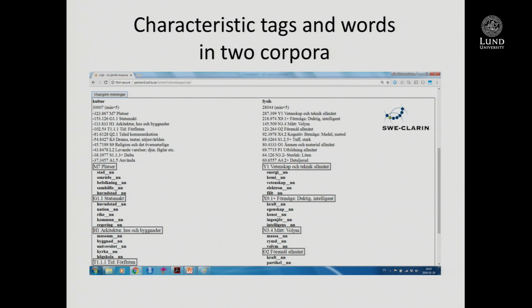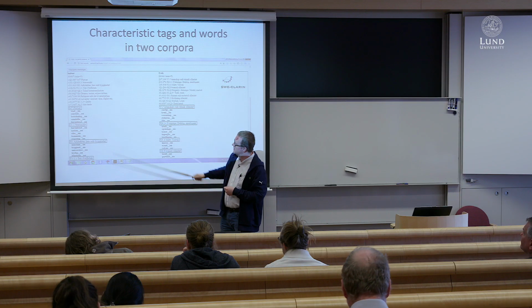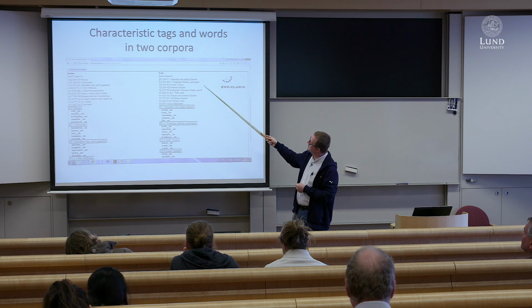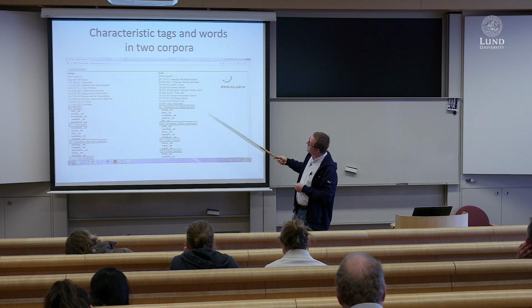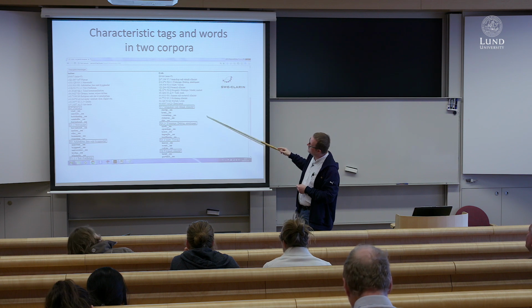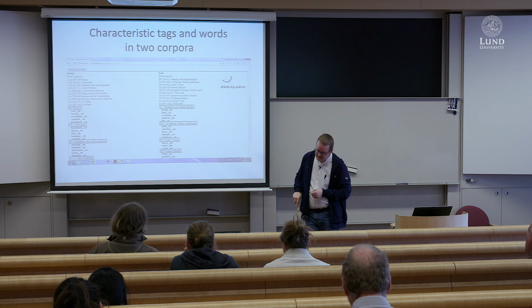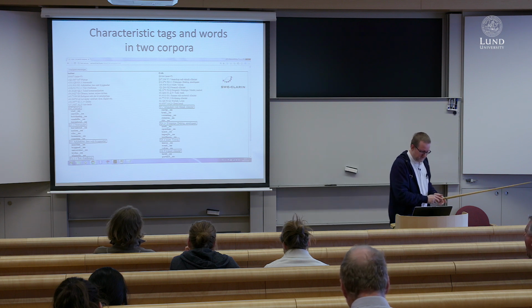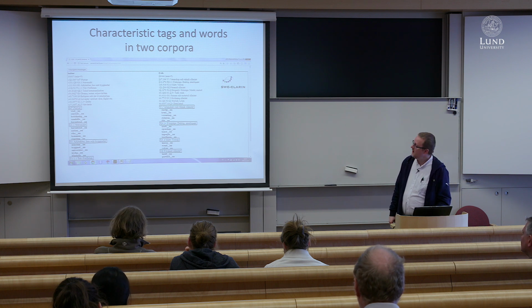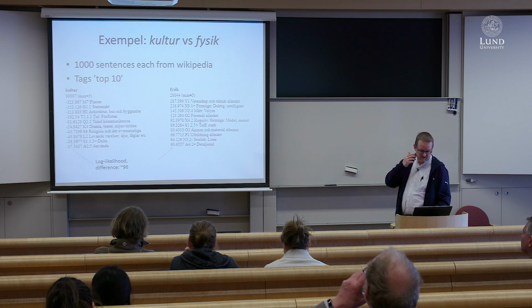And then here we have capital, nation, etc. And then again, architecture, like museum. So these are all related to culture. And then for physics, you get things like science, ability, measurements, etc. And words like energy, chemistry, science, electron, field, and things like that. So using this, we can compare different corpora and find out what semantically comes out.